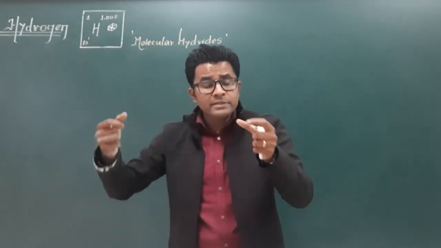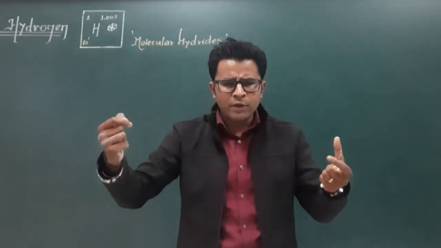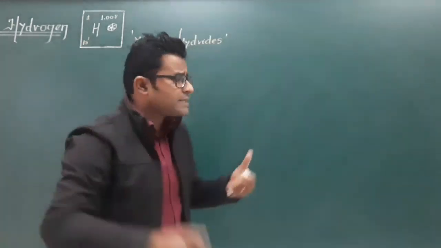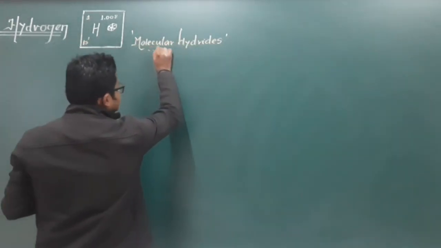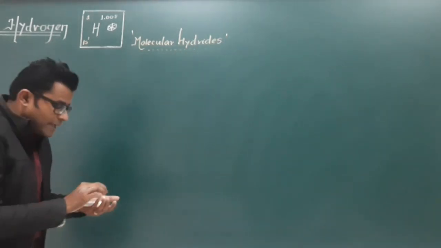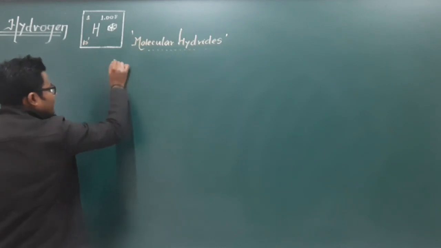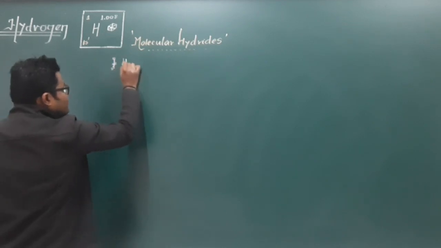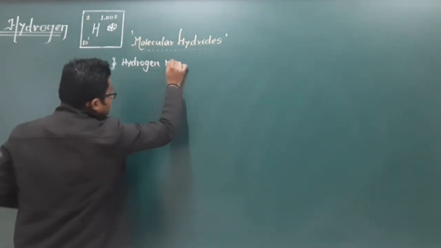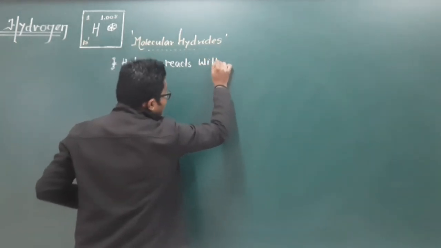Now, a covalent bond is a bond that is formed due to the sharing of electrons. Both the electrons are going to be shared between the two different atoms. Correct? So, in such cases, whatever hydrides we are going to get, we call them the molecular hydrides. So, in the molecular hydrides, what occurs is that when hydrogen reacts with the elements